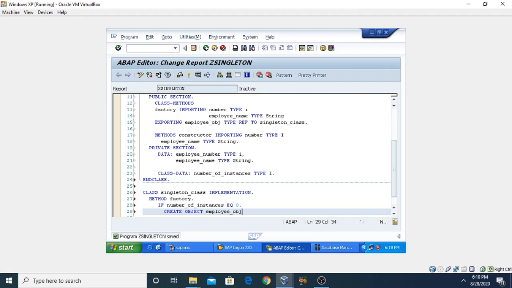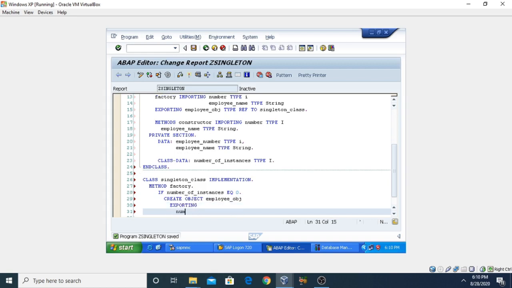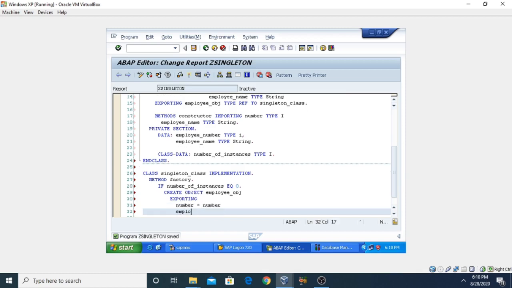You can also choose another one. Now we need to export the values. So this is the exporting, and in exporting I am assigning number equal to number. Similarly, employee_name equal to employee_name.